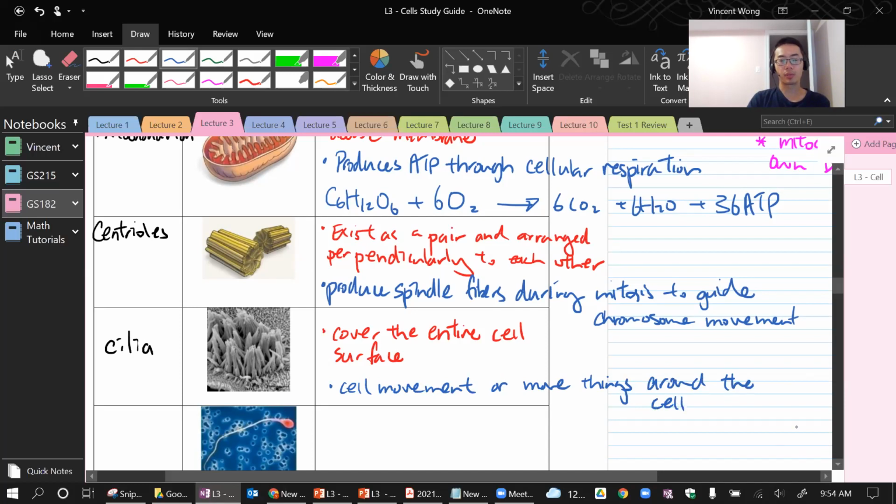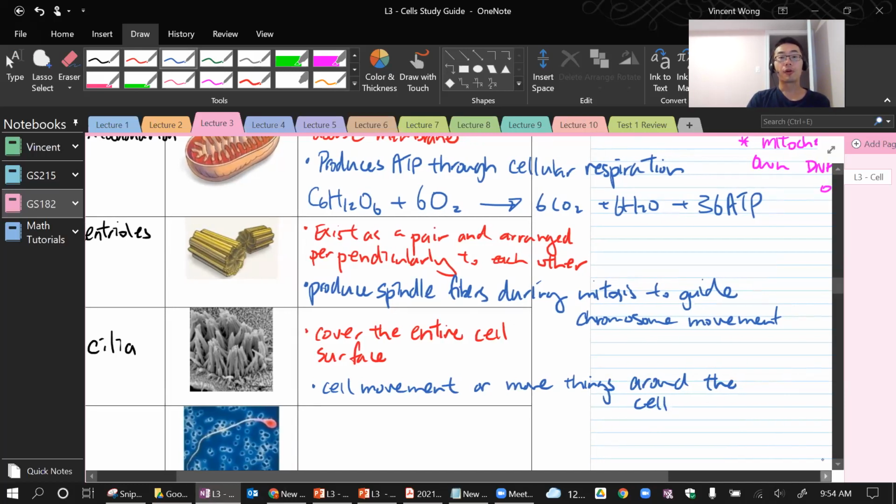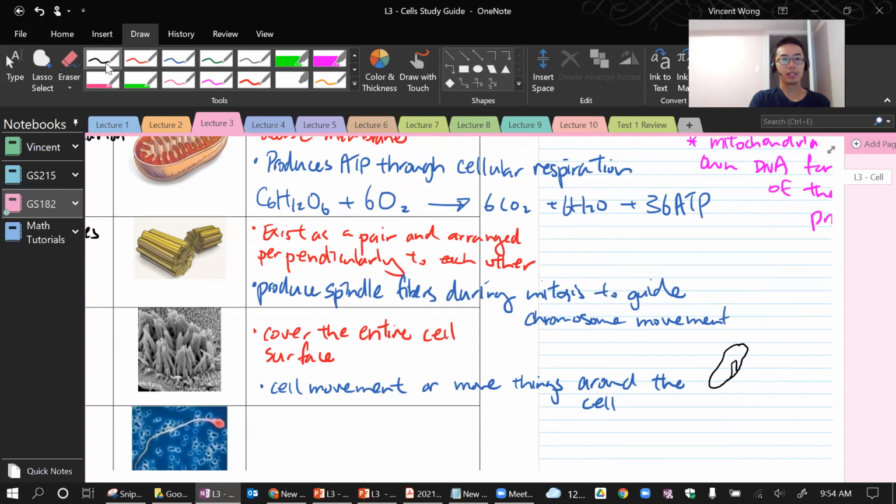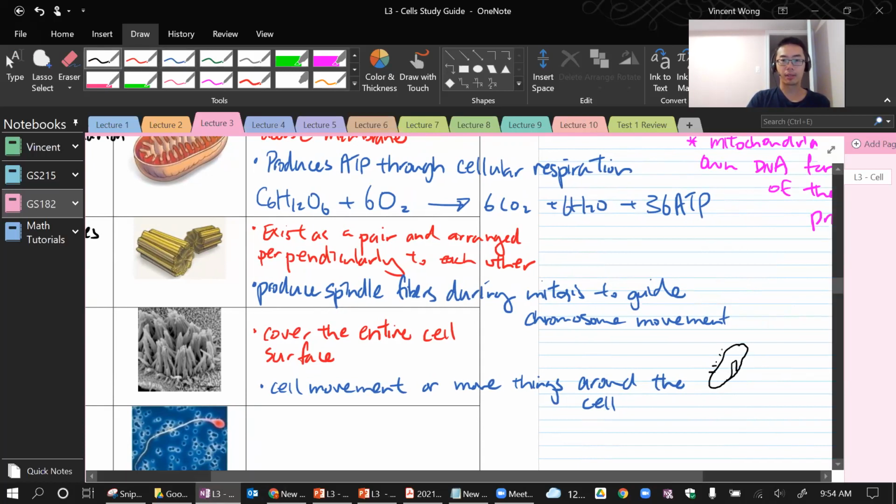So what's the difference between the two? For example, there is something that looks like this, okay, with a mouth here, and then it has a lot of cilia around it, okay. So this thing is called like a paramecium, okay, never mind the name, but it's a single cell organism and it lives in pond water. So to move around, it would use these cilia to pedal, and then it moves around in the water. So that's like cell movement.